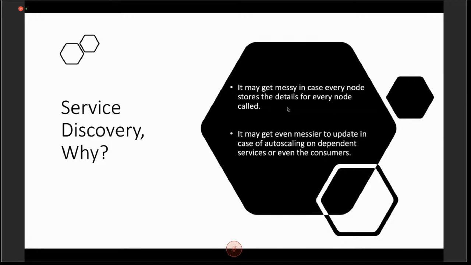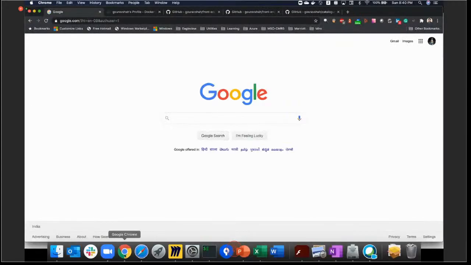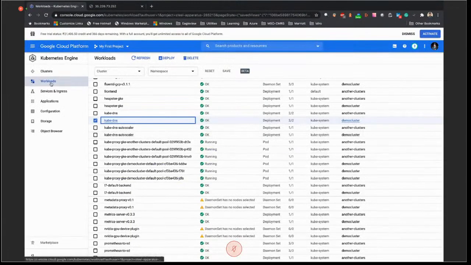Service discovery is very much required even when scaling happens, because even if we decide to have a seed of names or some automation around that, whenever auto scaling happens, it creates a lot of trouble in terms of name resolution. So it is very important for us to make sure that we are taking care of service discovery. And what we could see here on the cluster that we are using and on the workloads that we are having here.